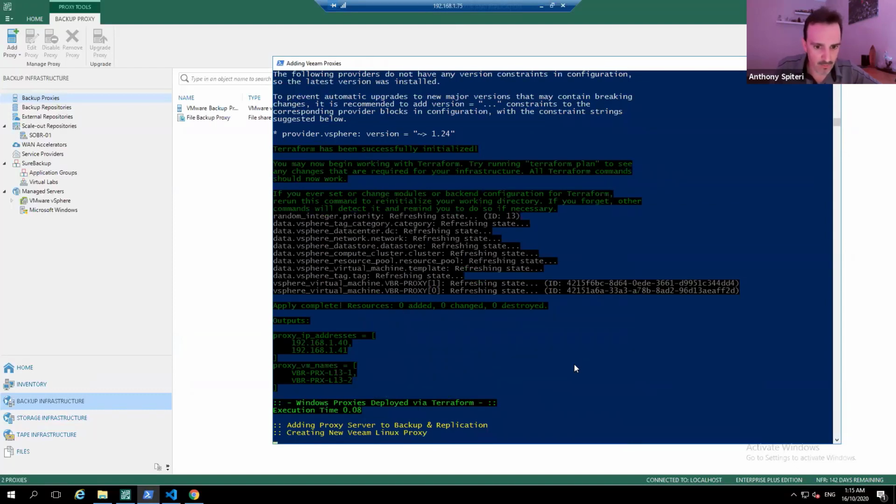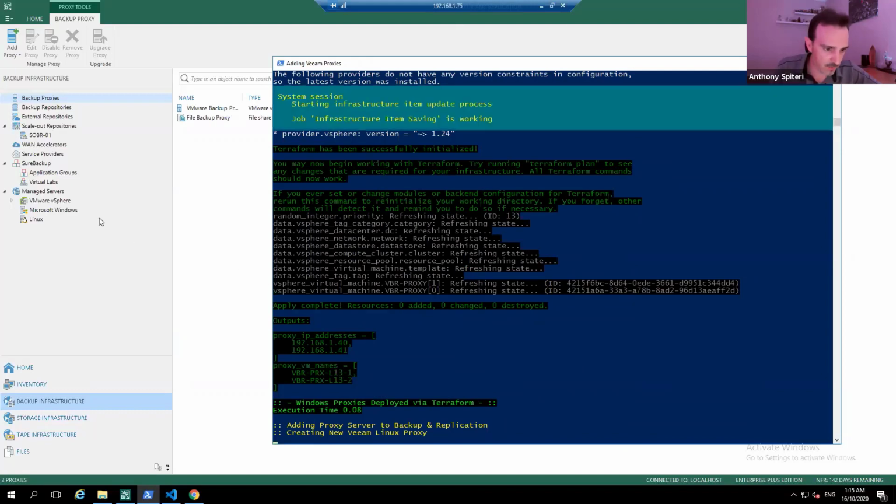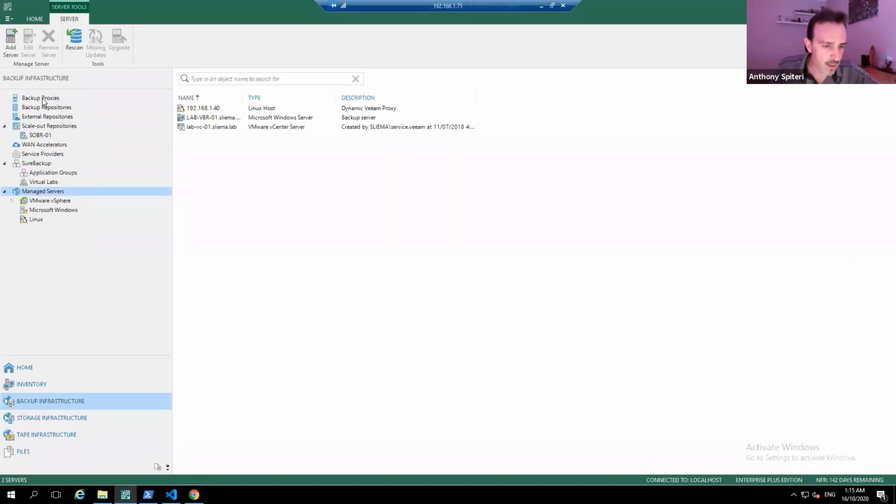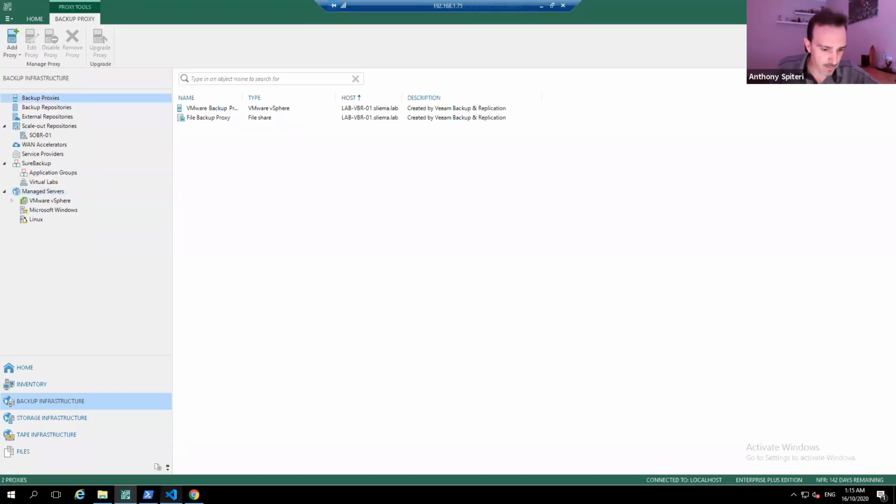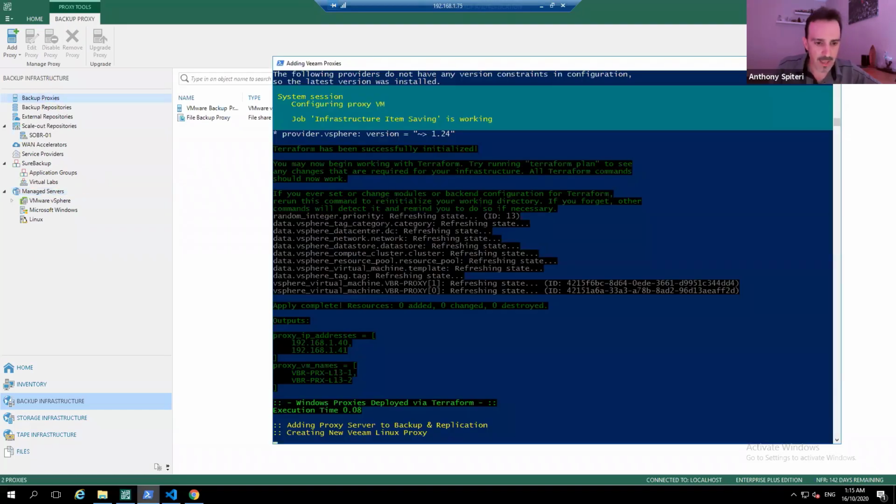And now we're talking to Veeam to actually configure these proxies, okay? In a second, we're creating a new Linux proxy here, so we should see them pop up. There we go. There's the first one. And then we'll see a backup proxy appear in a second as well. Again, happening in rapid succession, taking something that was mundane and making it efficient and fun, frankly.